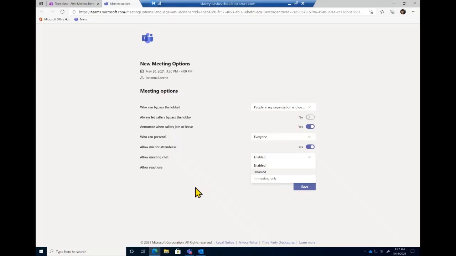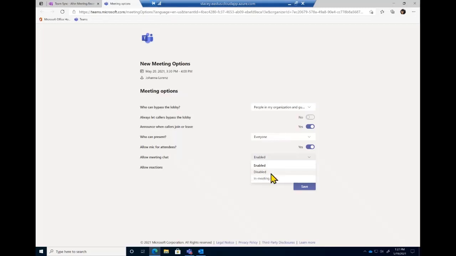We have heard from our customers that they have confidential meetings where they don't want any chat at all, nothing that would be discoverable later. So they want to disable chat completely. If you choose this and it's a one-time meeting, you have to do this every time you schedule the meeting. But if it's a recurring meeting, you can set it and forget it.